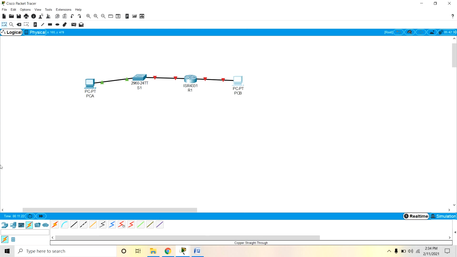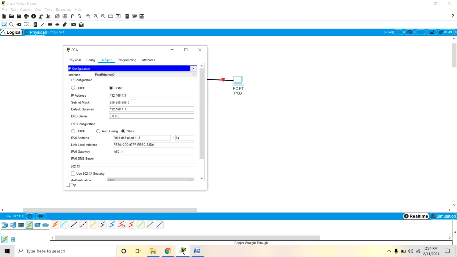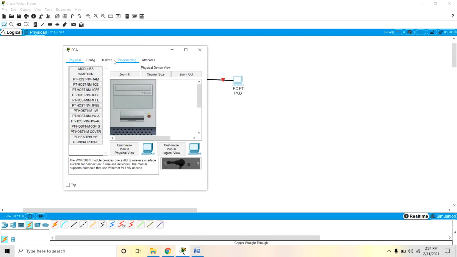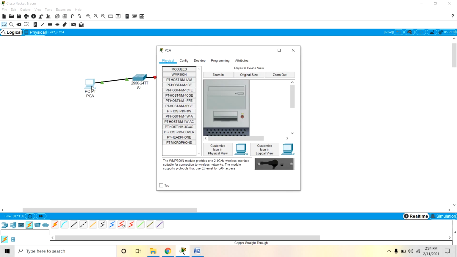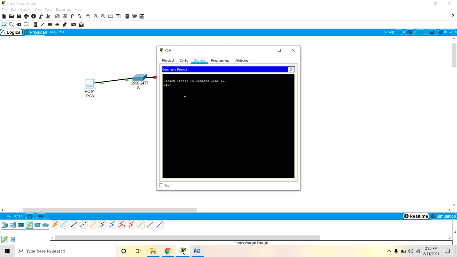Now ping PCB from a command prompt window on PCA. You can open PCA, open the command prompt, and ping PCB.